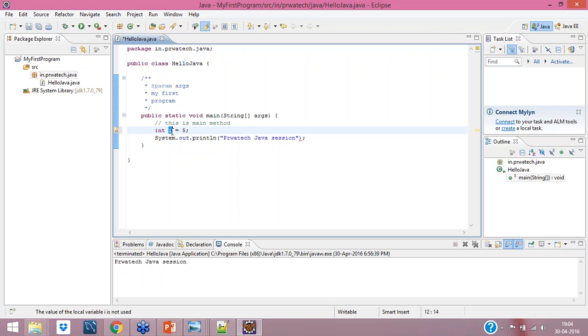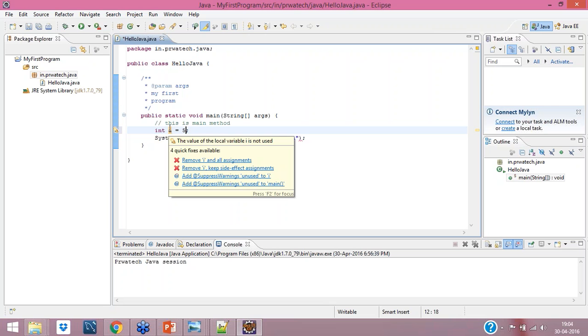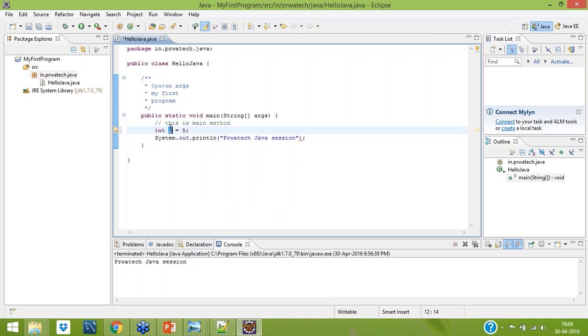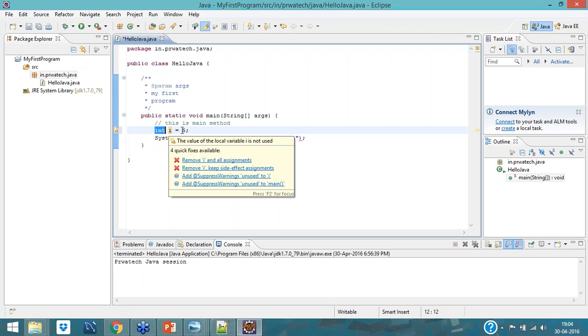As in C, 5 is assigned to i, because 5 is a value and i is a variable. i has a memory location, and that memory location will hold the value 5. You can ask what other data types there are; I'll explain that later. For now, understand this is one data type maintained inside Java.